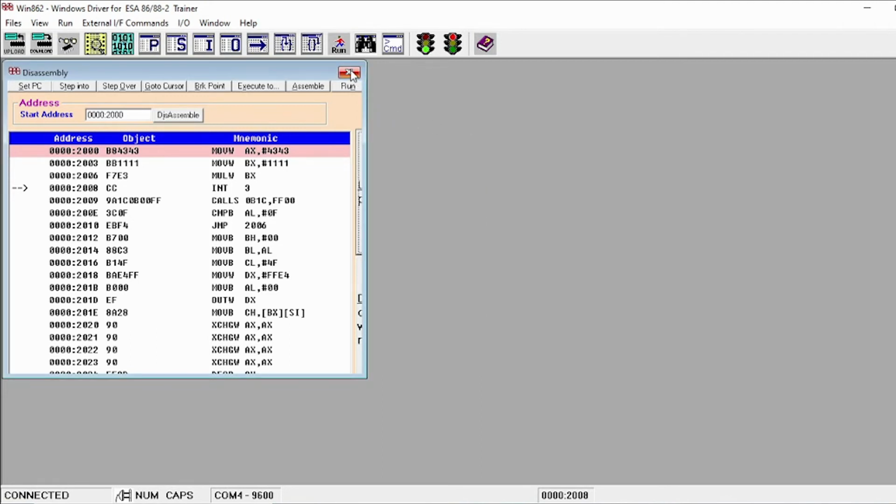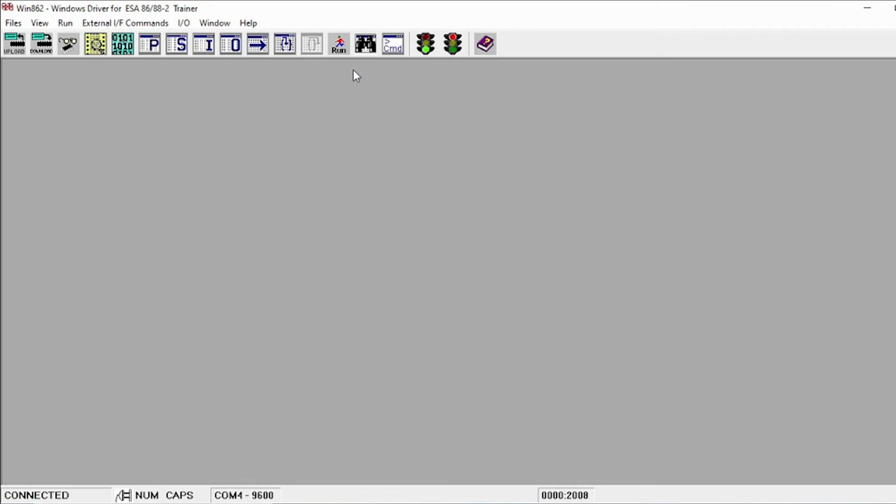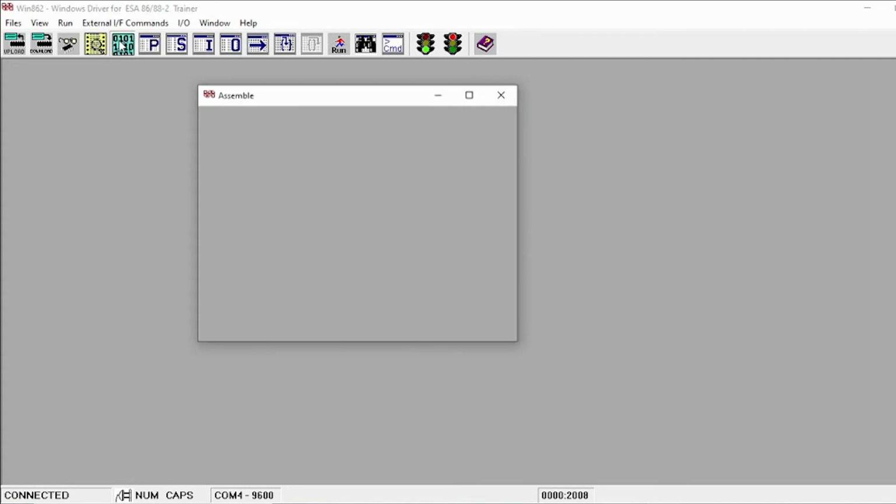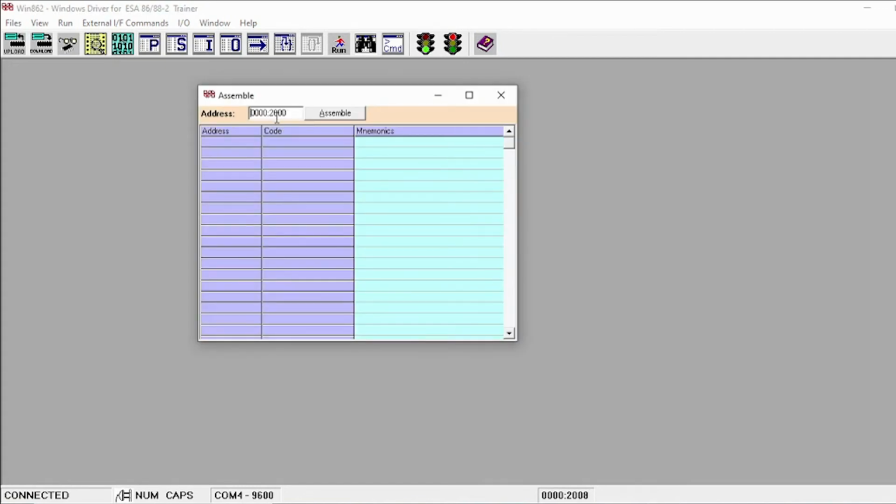You can also take different input values. Let us consider the division operation now. Again you can take new input values. To take new input values, you have to go for assemble and write the program again. Give any address, say 2000, and if it is okay, click assemble. Here you write the program for the 16-bit division operation.